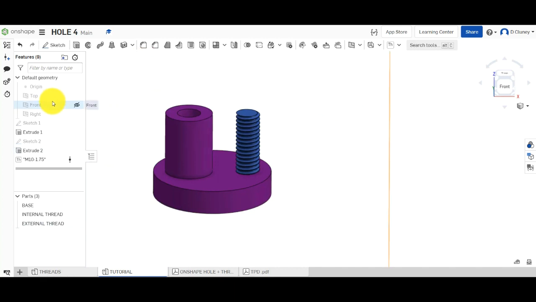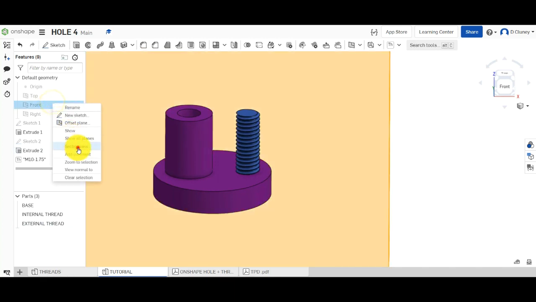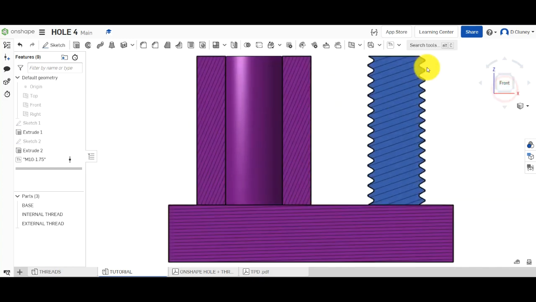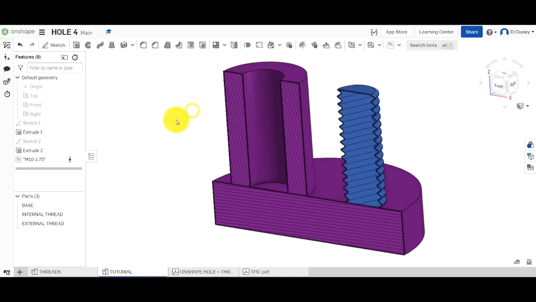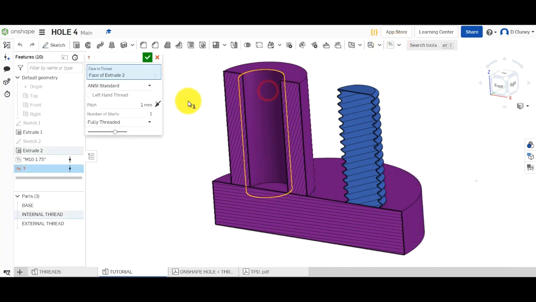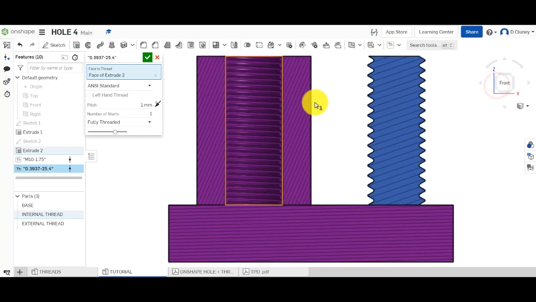If we come to a cross section, so right click on another cross section, and look at the front, you can see at the moment we've got that thread on there and a pitch. What we can do now is we can go in again and create an internal one. So we click on that internal face. It's going to obviously process that and work it out, depending on how good your computer is and also the internet. It will then create